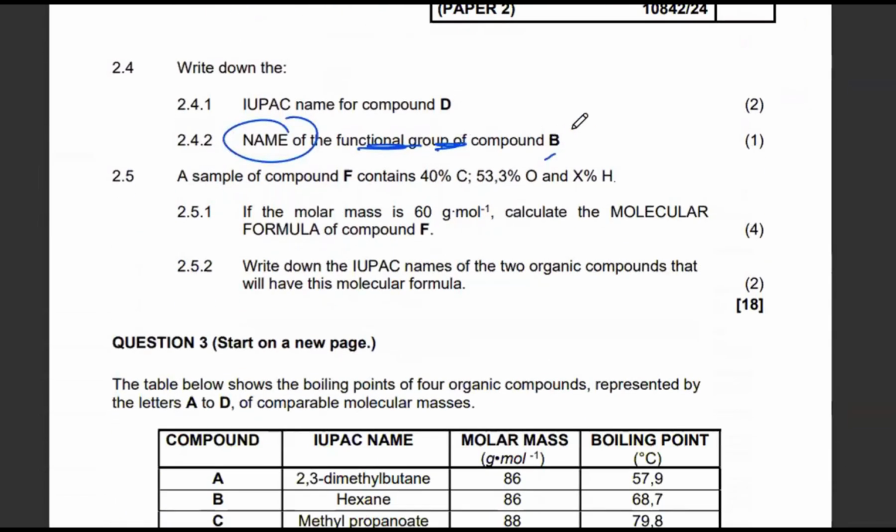So the answer there becomes formyl. So you have to write the word formyl there. And then now we go to the next question. They're saying that,